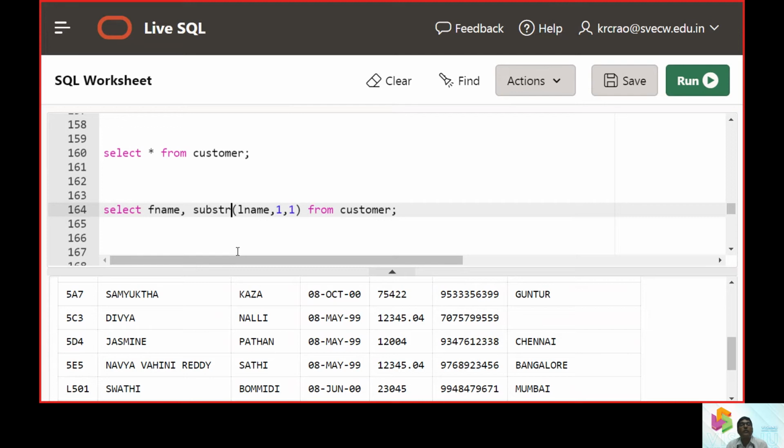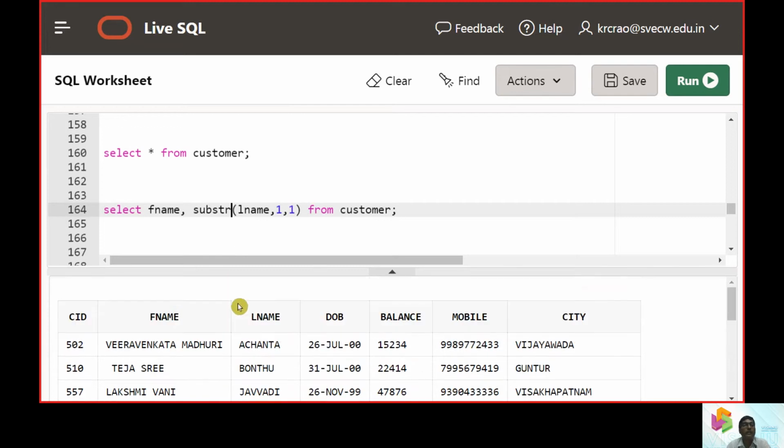Now here, this is quite a bit interesting. We got the first name and we had the last name. So what was this last name? I'm picking up the substring, and I need only the first character, right? We need to display only the first character.